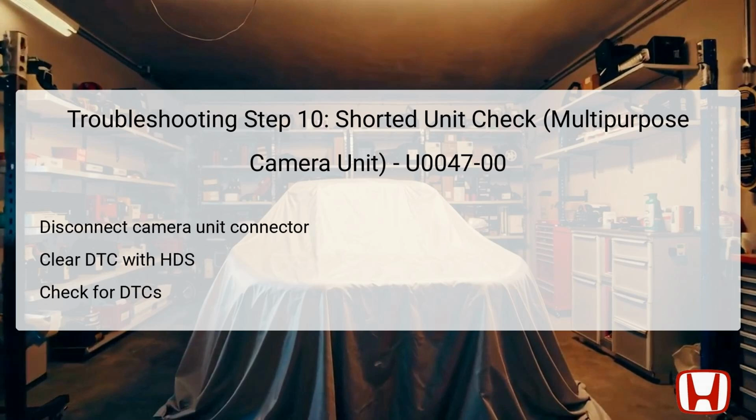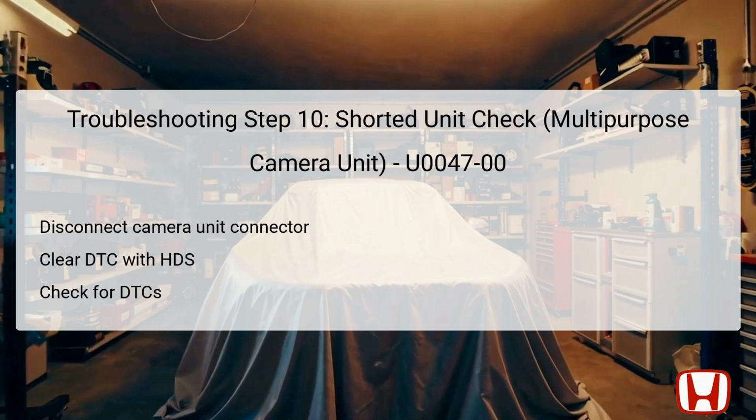Begin by disconnecting the 12P connector from the multi-purpose camera unit, which is integral in providing data for various driver assist features and visibility systems. Next, switch the ignition to the on position and utilize the HDS tool to clear any diagnostic trouble codes. As previously done, power down for a short period before turning the vehicle back on again. Conclude this step by checking again for the presence of DTC